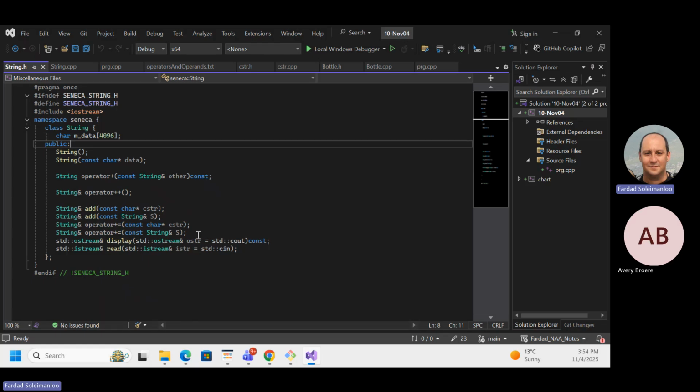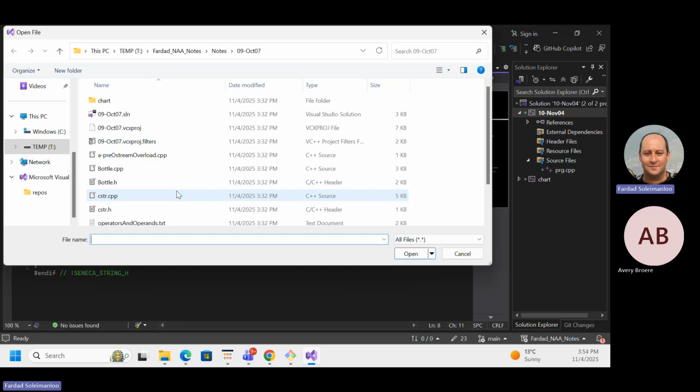Let's do that, and we're going to write the entire thing out. I'm going to adopt what we have here, bring the string.h and string.cpp over, and teach the rest of the material using the string we started. We good? Okay.